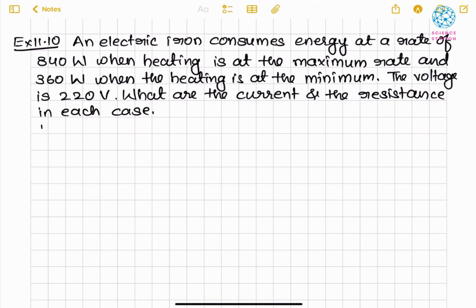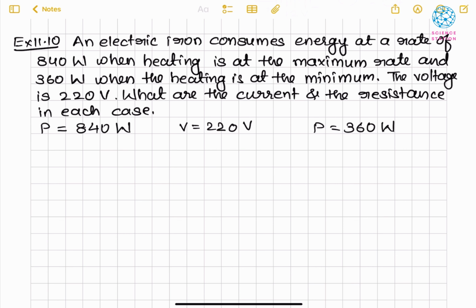See, here we know P is having two values, 360 watt when minimum and 840 watt when maximum, and V is given as 220